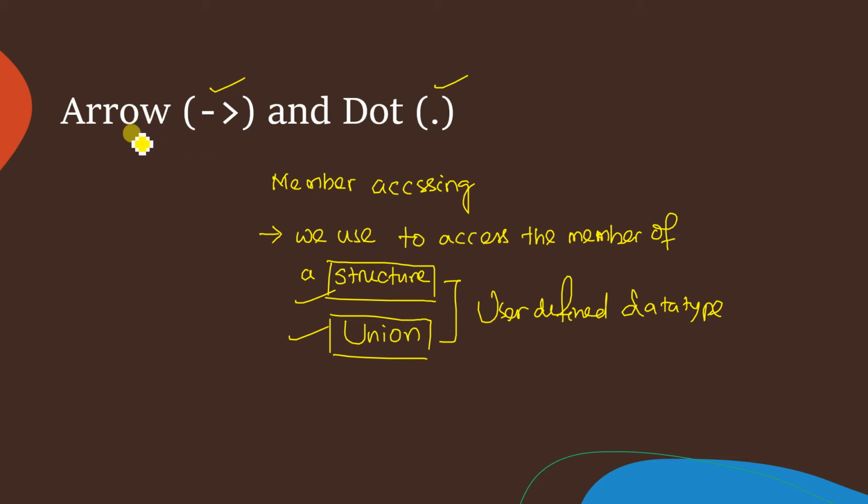Again, I want to tell you another point over here. You can see this arrow operator is actually made up of two separate symbols, a hyphen and a greater than symbol. By using these two symbols, one operator has been made. Well, the detail of this will be discussed later on, so skip it over here.